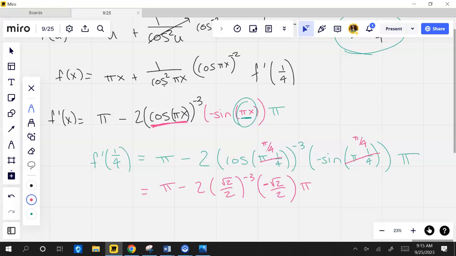Which one's negative 2? Where do you see negative 2? Negative 2, root 2 over 2? That was my original derivative. Oh, because it had a negative 2 and I multiplied it. All right, let me give you